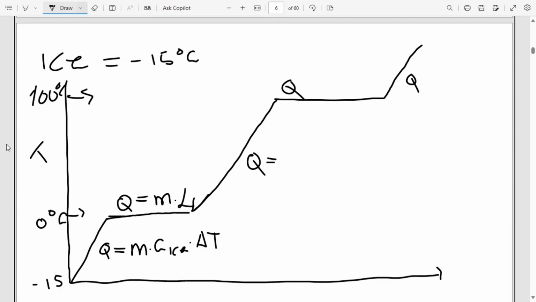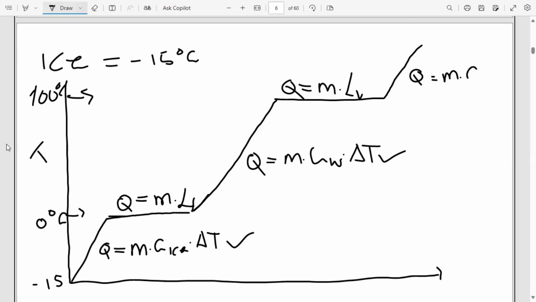Here, you are increasing the temperature of water, so we'll be having m, the specific heat capacity of water, multiplied by the change in temperature. Whilst at this point, we're also having latent heat of vaporization. Hence, this will be equal to mass multiplied by the latent heat of vaporization. Whilst here, you'll be increasing the temperature of a gas, so you can put gas in short. So let's just say the Q here will be equal to the mass of that gas multiplied by c of the gaseous water multiplied by the change